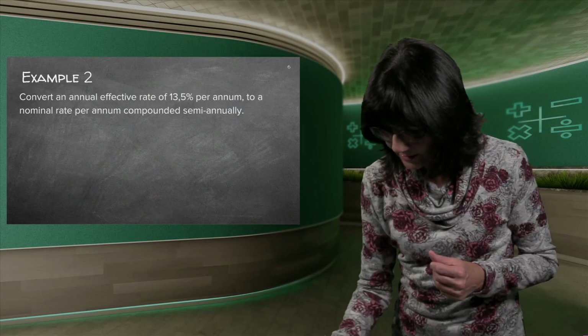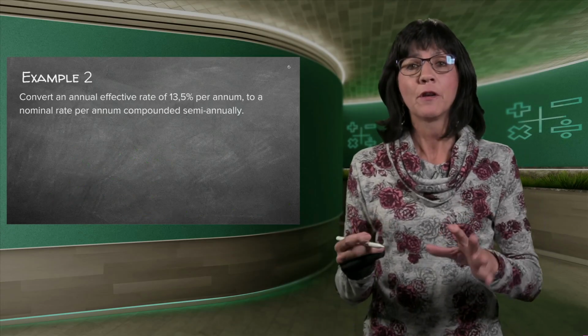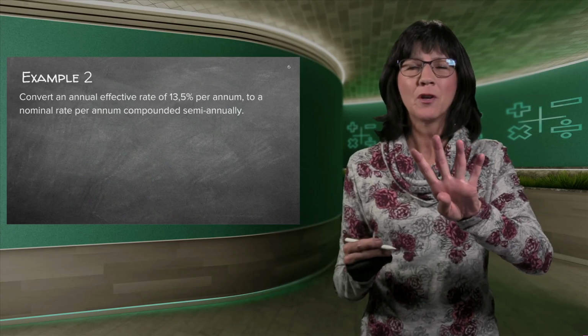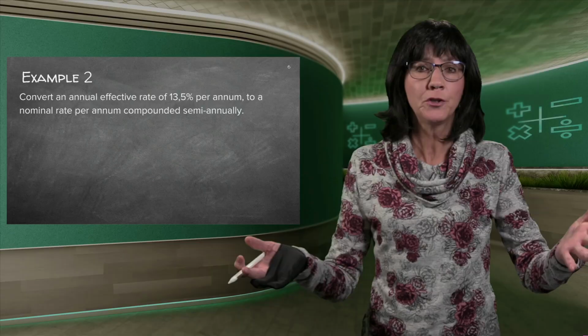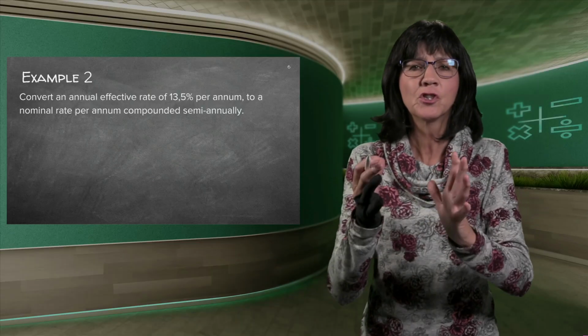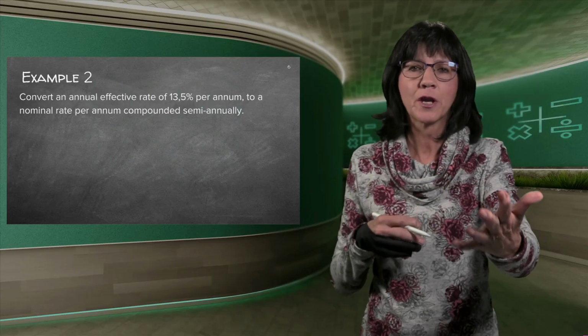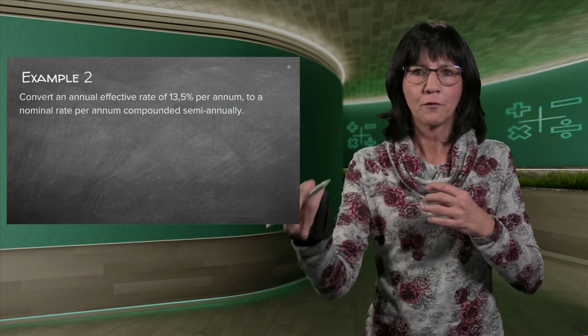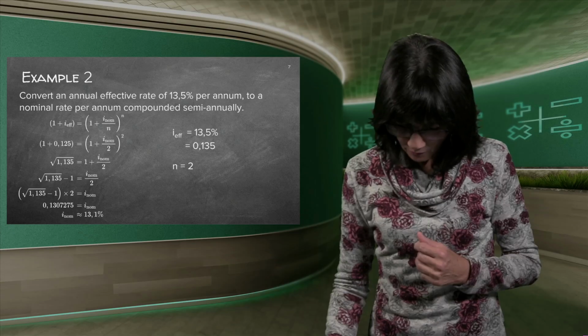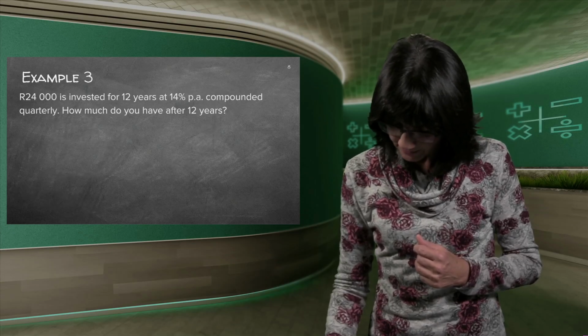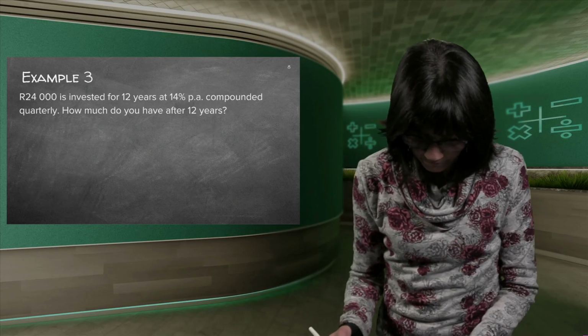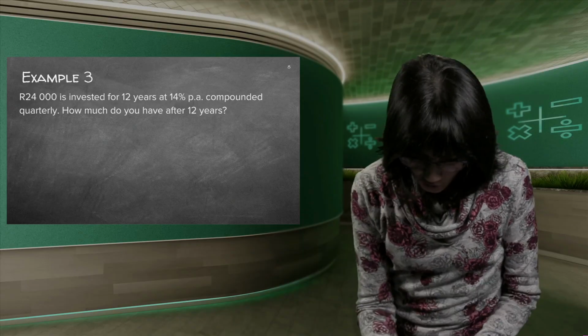Now you will see with this lesson, there's not 4 unknowns, because we're not doing the formula A is equal to B. We're going to do it later where we're going to use this. This is just to practice the basics: how to change from effective to nominal or from nominal to effective. So there will your answer be. You can just check that. Good. The last example. Now this is a proper example.